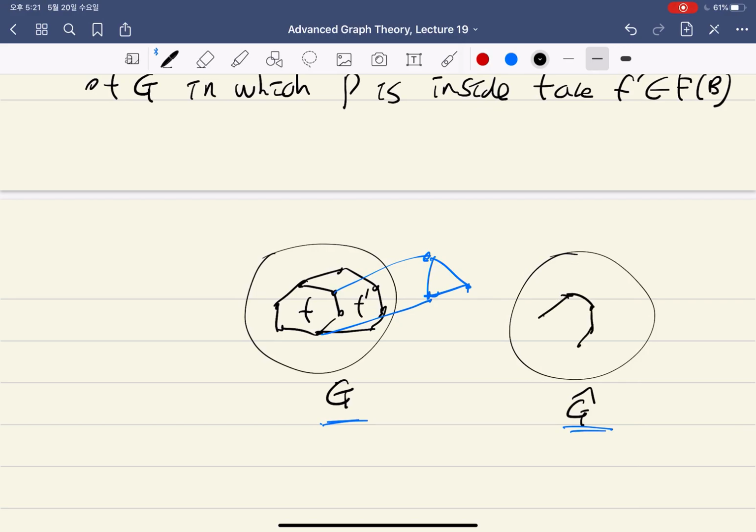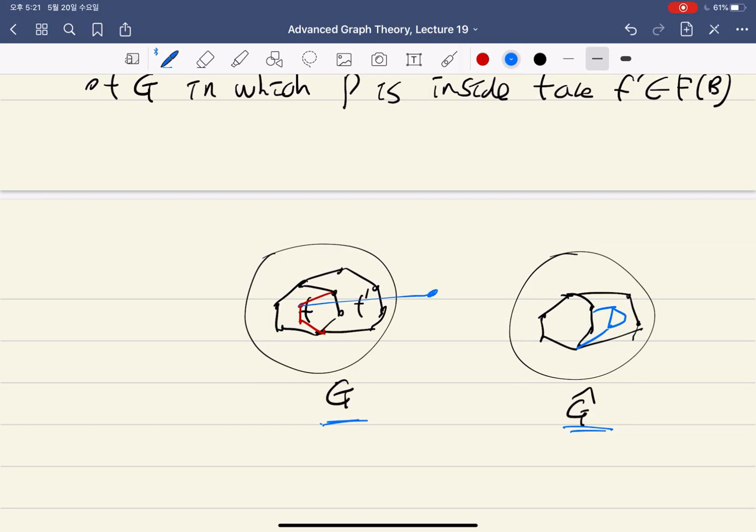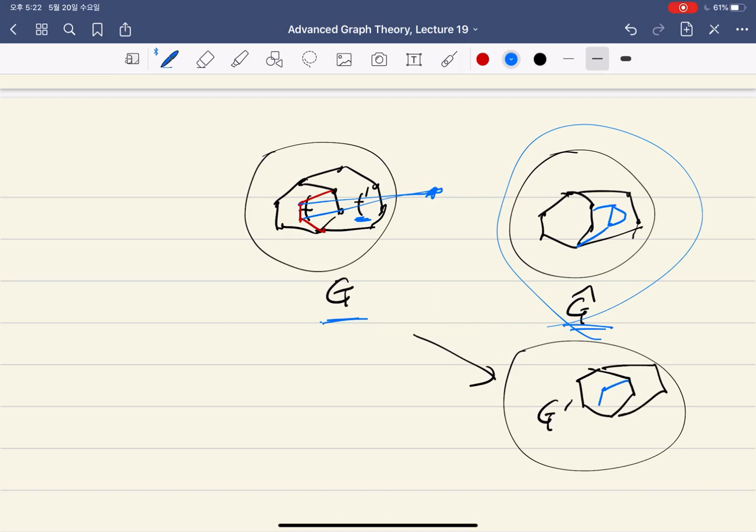And in this way, let's say this part is here. But here we actually decide to embed this path into here. So we know that if we had made a choice into F prime, then this could embed, but we made the wrong choice, F. Then what we want to show is that even in this case, there is another way of embedding the rest of the graph in this way. So entire G can be embedded into this plane graph G prime,